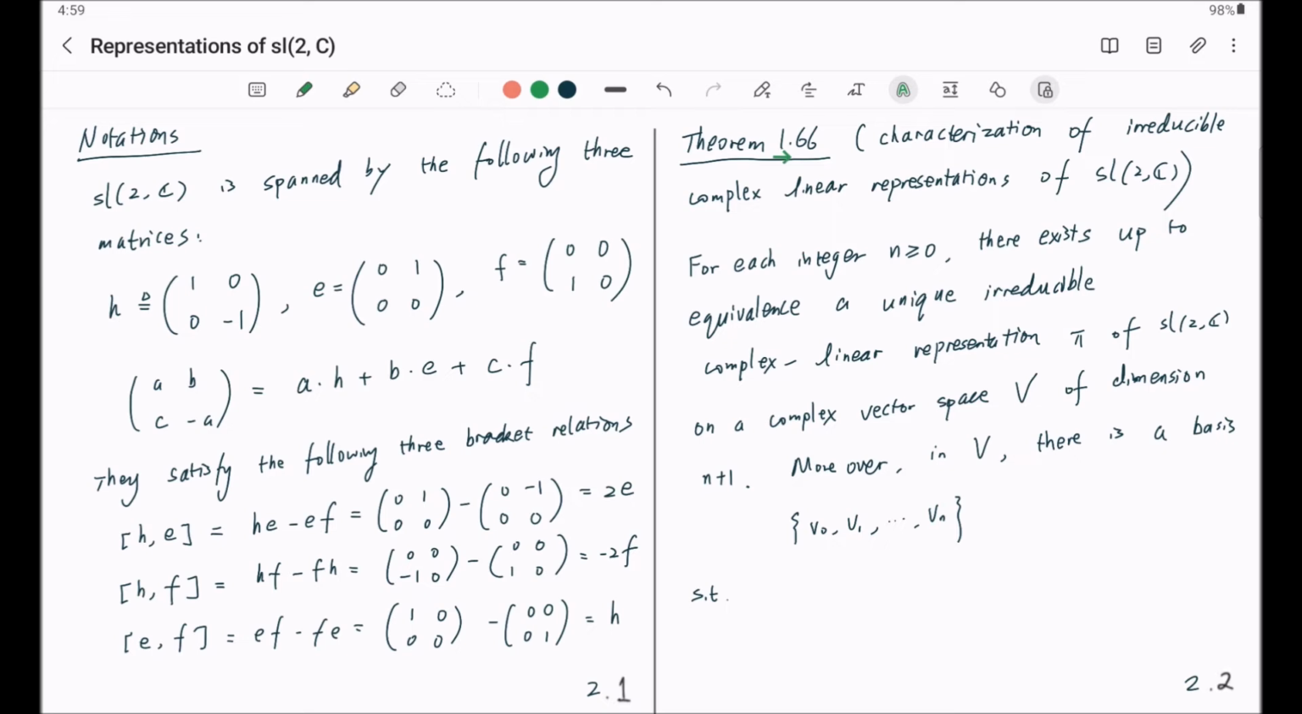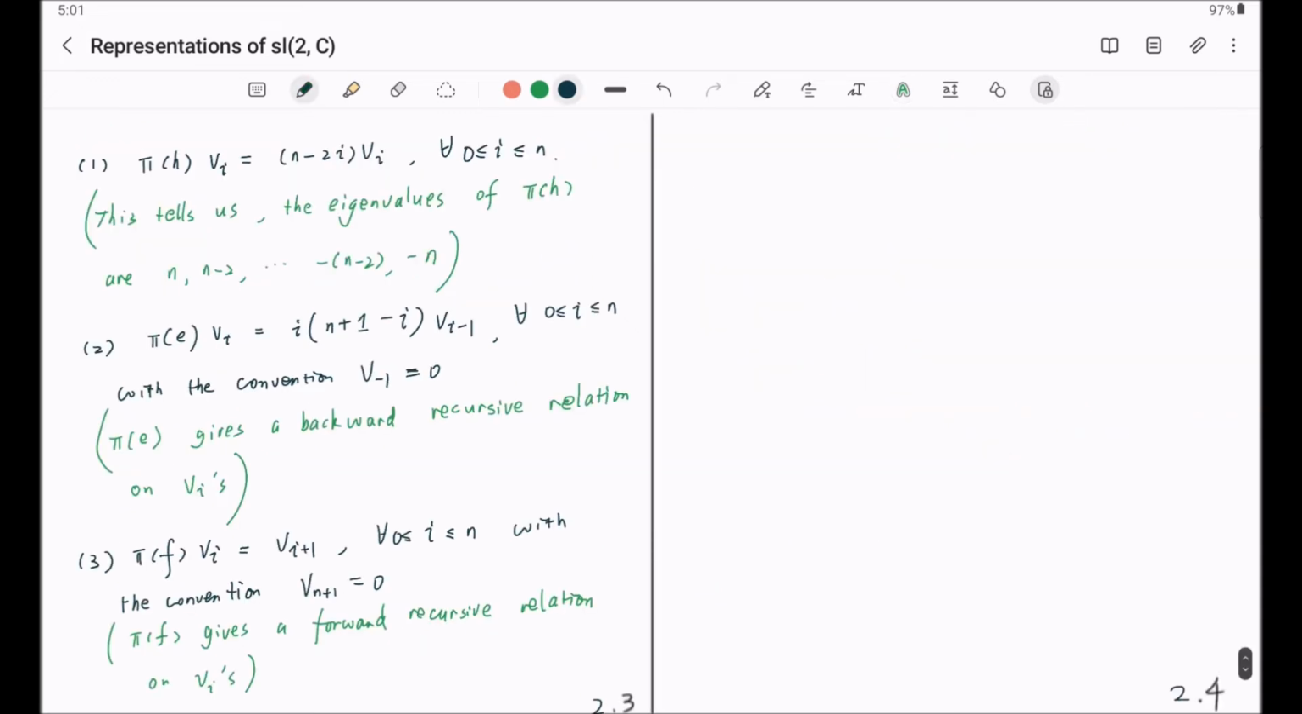I use the label 1.66 because this is the exact same theorem in Knapp's book, so that it will be easier for you to look it up. Let me give you an immediate corollary to this theorem to illustrate its power. This is the corollary, which says any